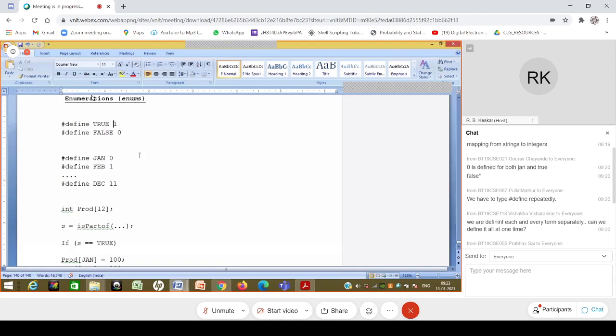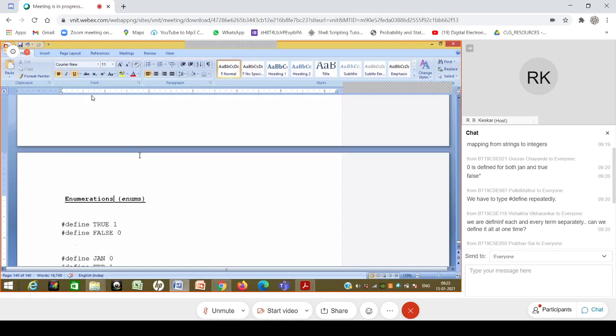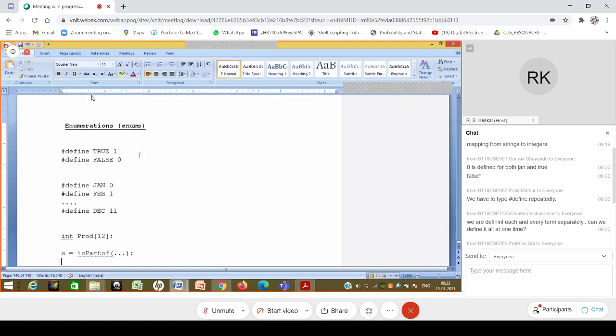And what is the nature? They are Boolean values, right? Similarly, can I combine January to December together? They are of similar nature. The nature here is that they are names of the months, which perhaps I will be using as indices. But that I'm using them as indices is a different story. The fact is that they are all of similar nature, all being names of the months. And this facility of combining related constants together is given by a keyword called enum.